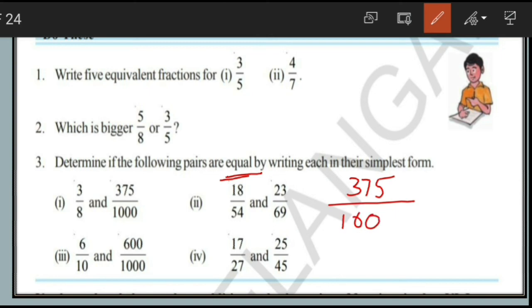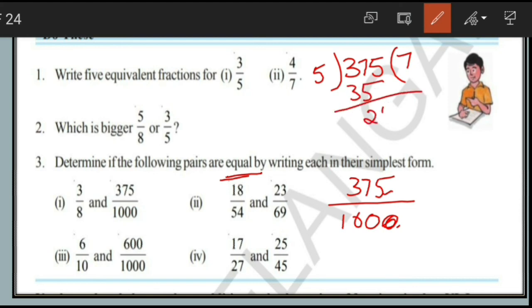If you observe, 5 divides this and this, 1000. That means 5 is common factor. We know that. So observe that directly you can cancel them, or otherwise you know that 5 divides both. So divide with 5. 5 7s are 35. You get 25 here, and 5 5s are 25. That means by dividing with 5 you get 75, and here 1000 divided by 5 is 200, because 5 2s are 10 and 2 zeros.